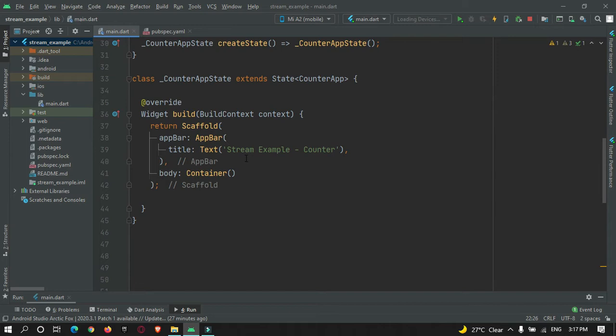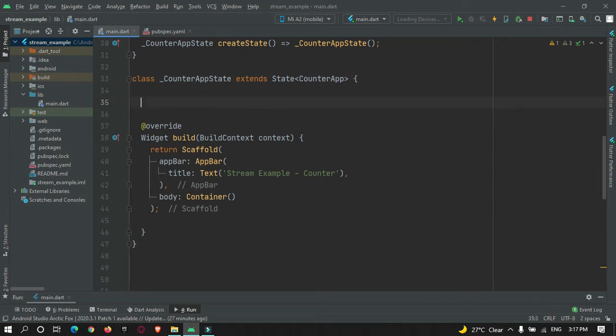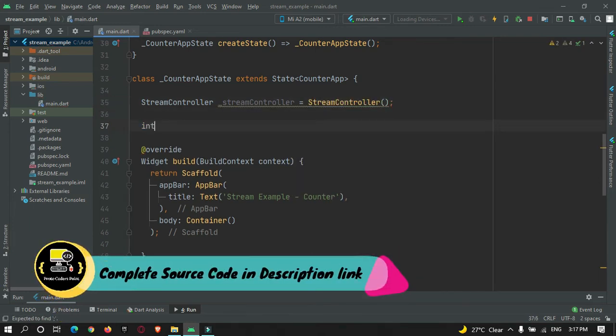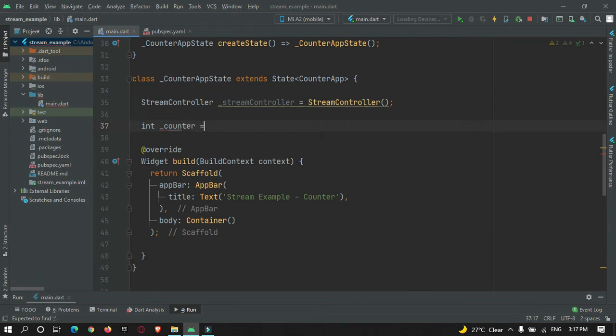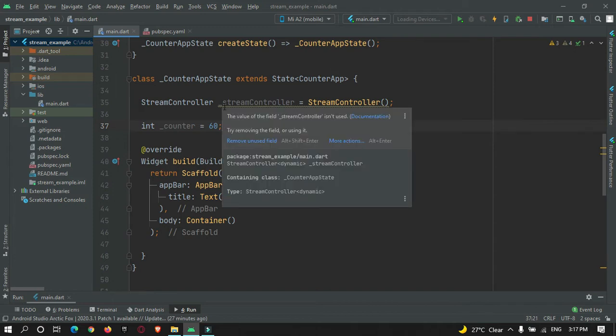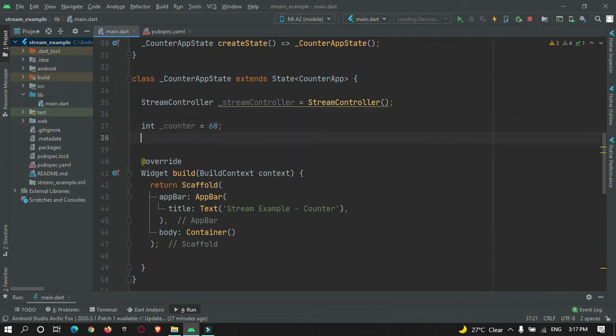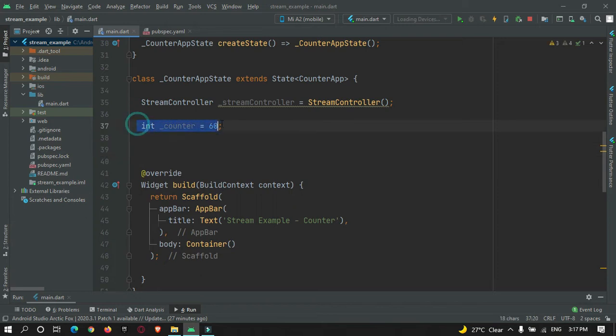So let's do it. Let me create an instance of a stream controller. We also need a counter variable, and initially we will set it to 60. This variable will get decremented every second. Now let's create a method that decrements this variable.